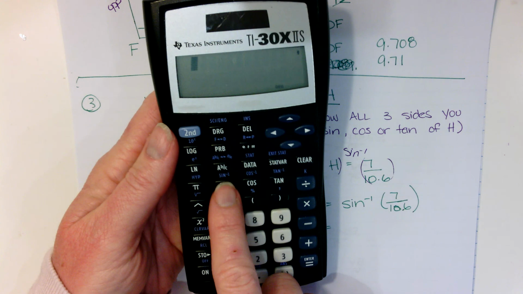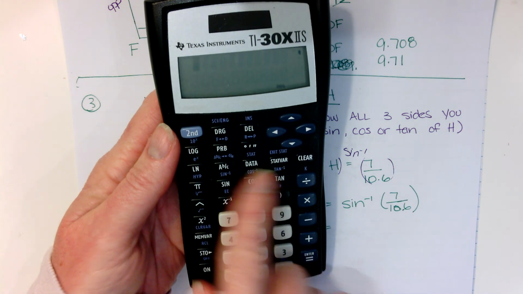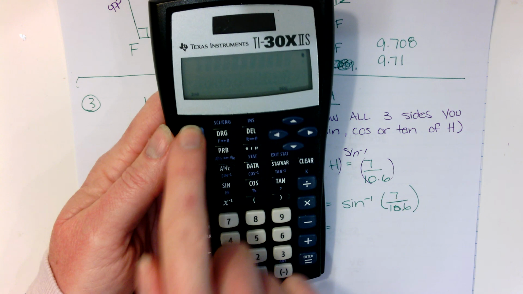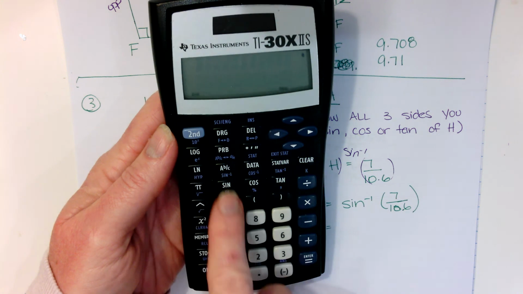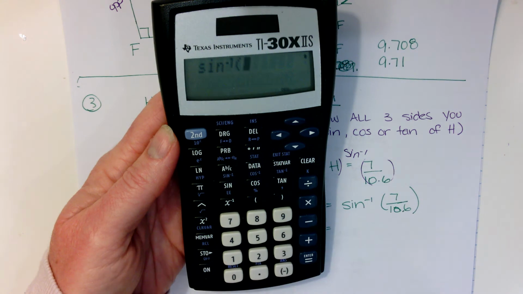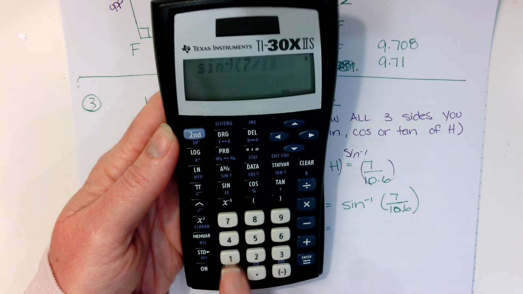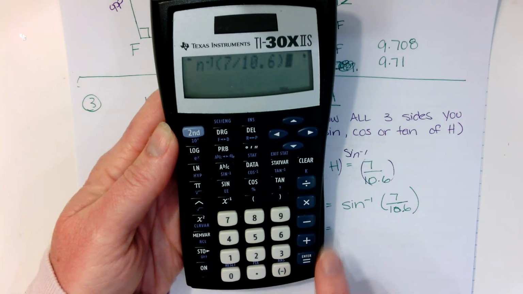Notice it's up above my trig functions in light blue. So I'm going to use the light blue button, the second button, to get to the up above. And when I touch sine, I see my sine inverse on the screen. So inside the parentheses, I want to do 7 divided by 10.6. And I get